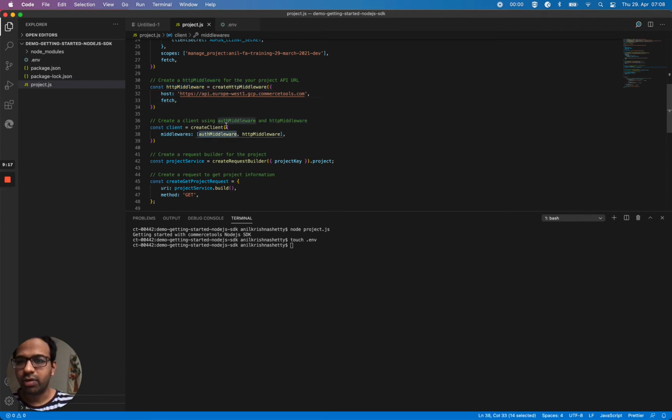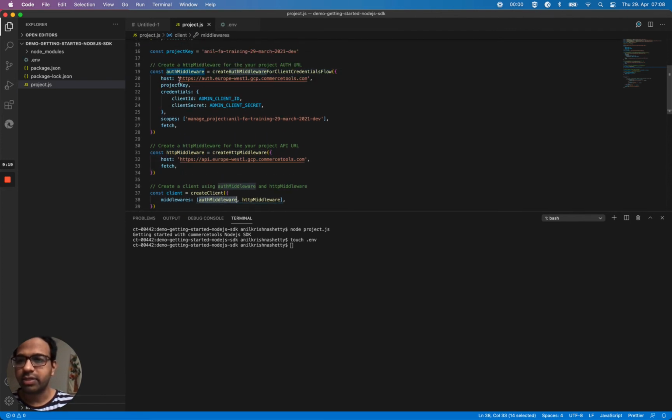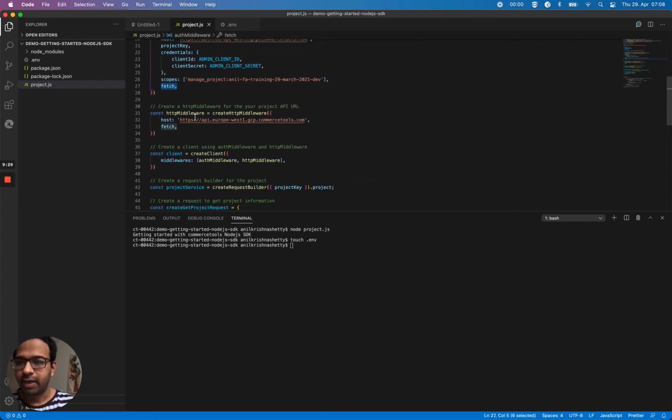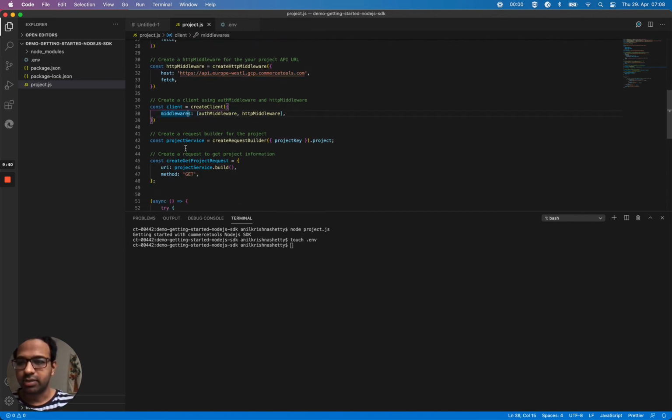So let's take a look into auth middleware. Auth middleware has the host, the authentication URL, the project key and client credentials, and the scope of this project, and the fetch. And HTTP middleware has the API endpoint, and they use the fetch for the requests. And there's a project service. It's mainly used to construct or create a request URI to get a project endpoint for this particular project key,